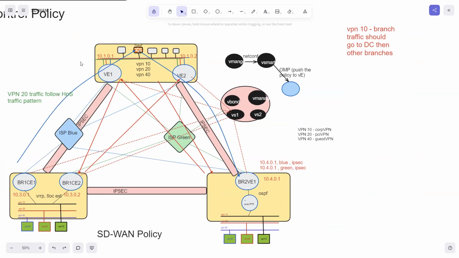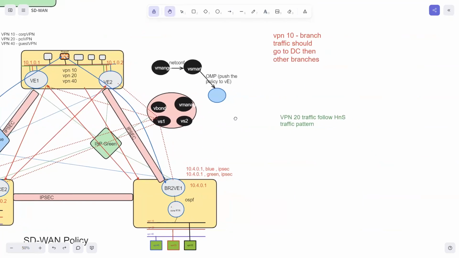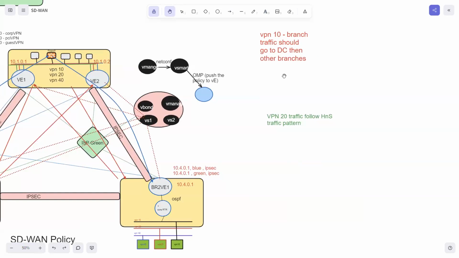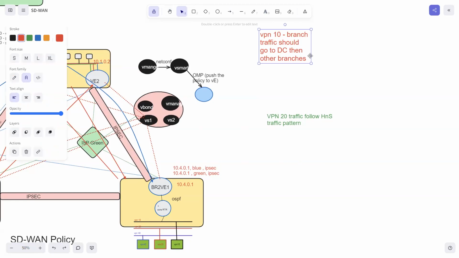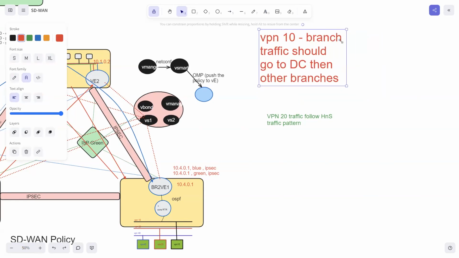Let's see how this logic will work. And then we'll configure. Logic will be for VPN, first of all, for VPN 10, what I want to do to achieve this. So for VPN 10, why not